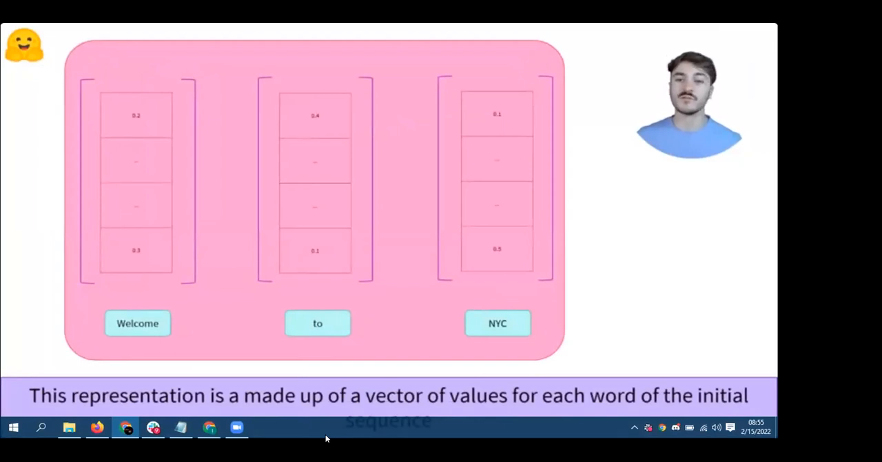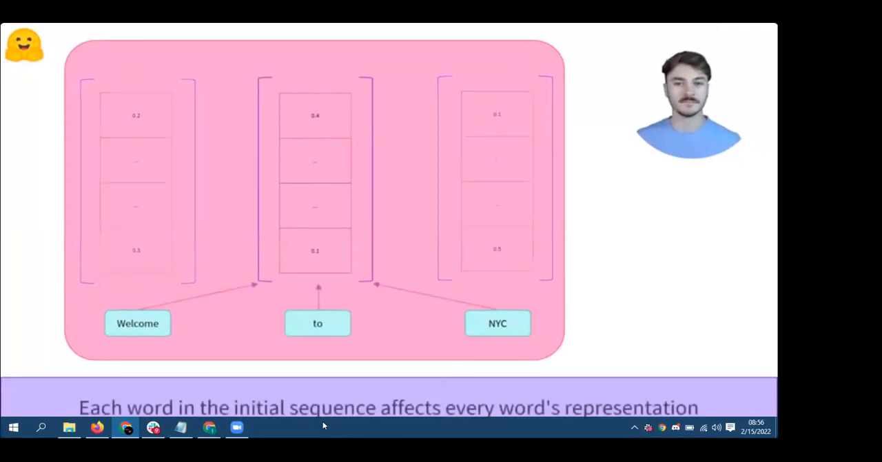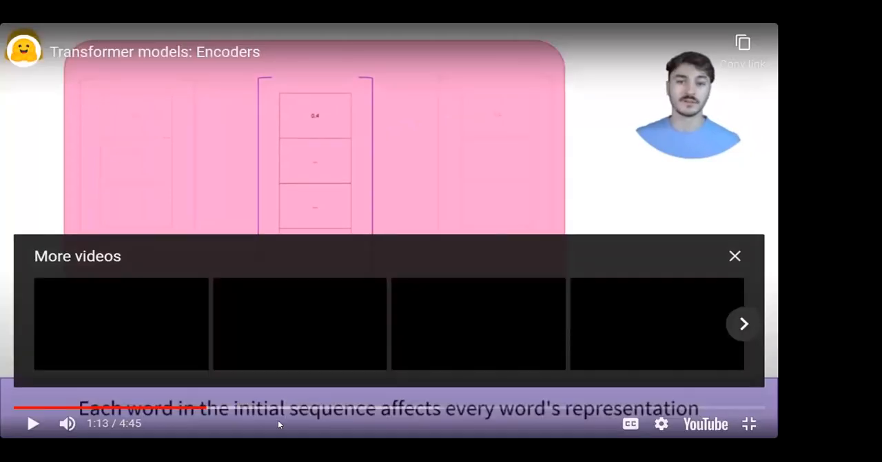Let's dive into this representation. It contains 1 vector per word that was passed through the encoder. Each of these vectors is a numerical representation of the word in question. The dimension of that vector is defined by the architecture of the model. For today's BERT model, it is 768. These representations contain the value of a word, but